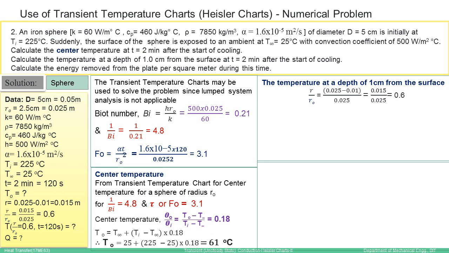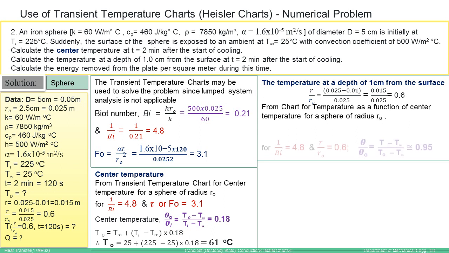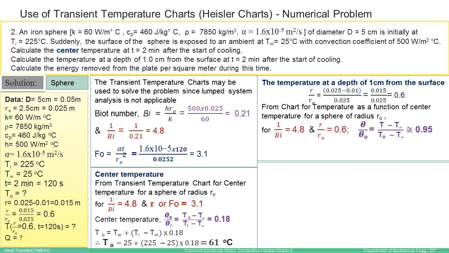So r by r naught is equal to 0.6 for this case, and using this data, r by r naught equal to 0.6 and 1 by Biot number equal to 4.8, we can get theta by theta naught, which is equal to T minus T infinity divided by T naught minus T infinity equal to 0.95, from which you can find out the value of temperature at a depth of 1 centimeter from the surface equal to